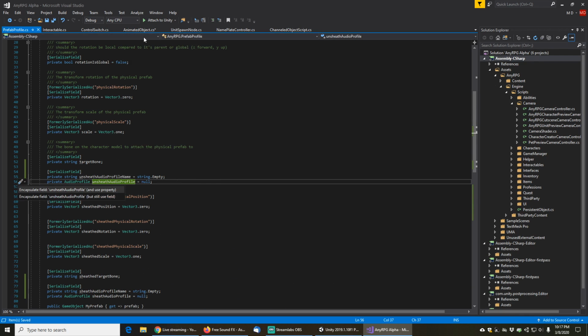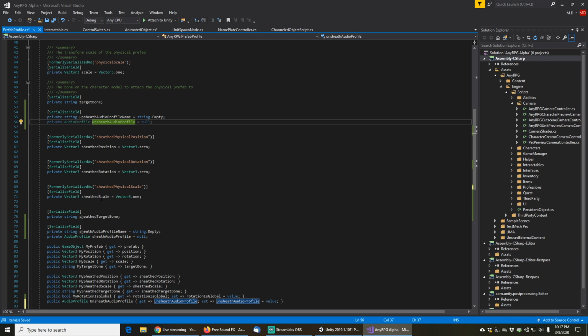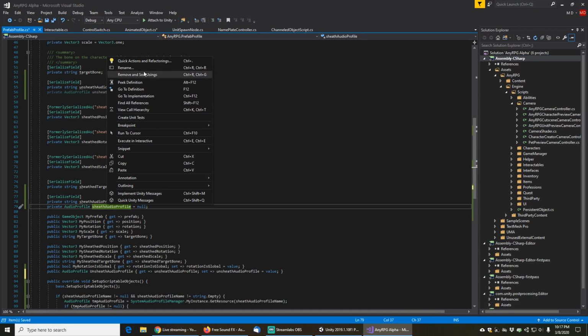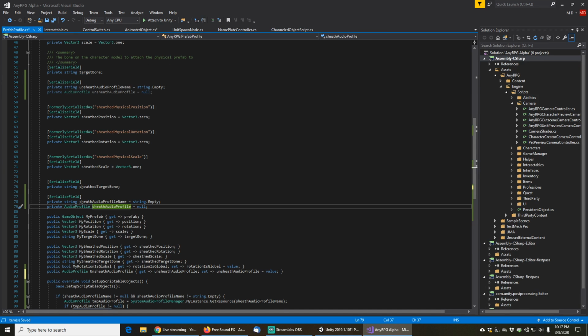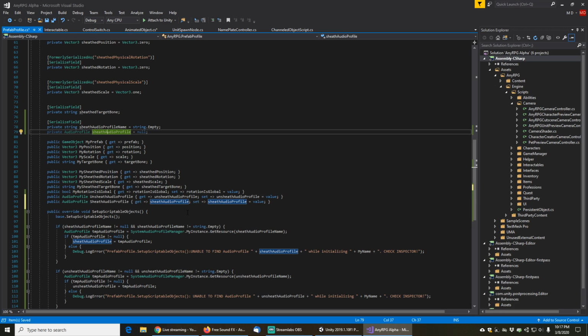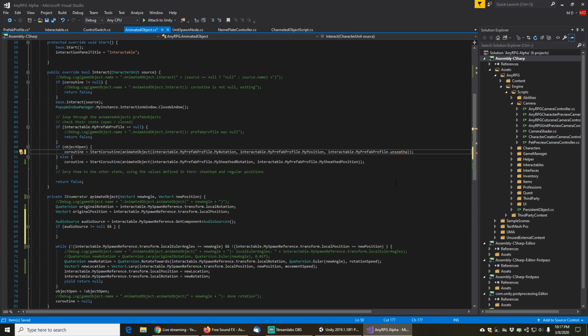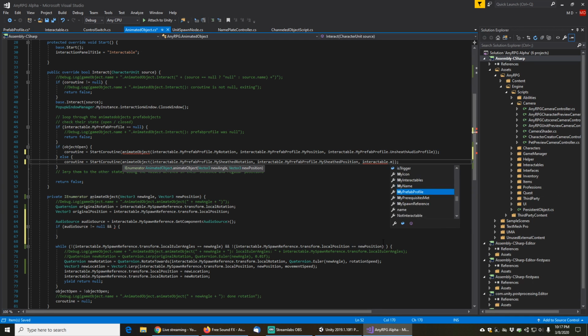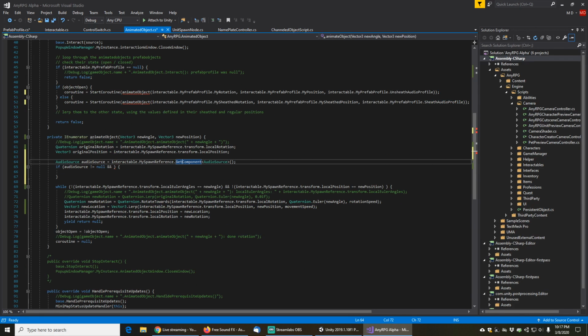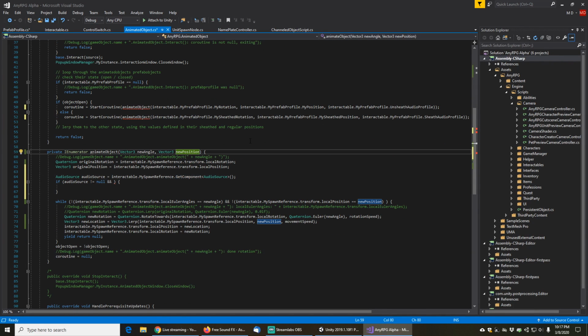unsheathed audio profile, quick actions and refactorings, and encapsulate it, and sheath audio profile, quick actions and refactoring, and encapsulate it. Now we can refer to them, so unsheathed audio profile, and in the case that we're sheathing, we will pass in interactable.myprefabprofile.sheath audio profile. Okay, now we need to accept those, so